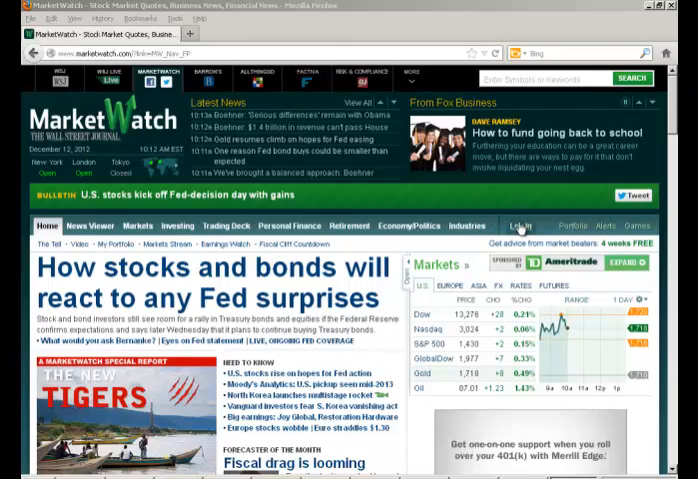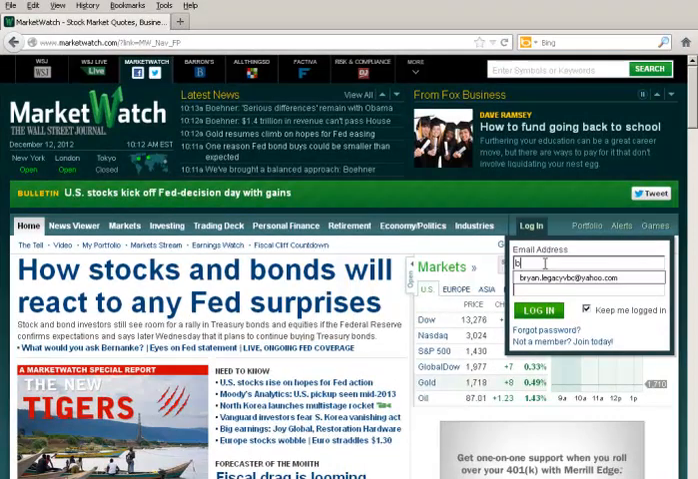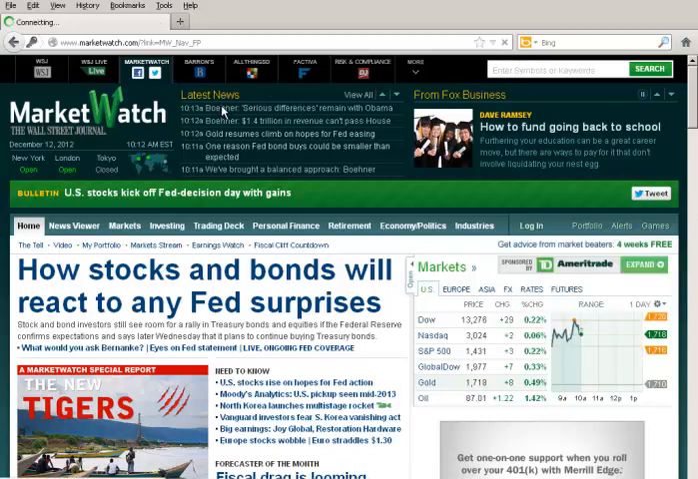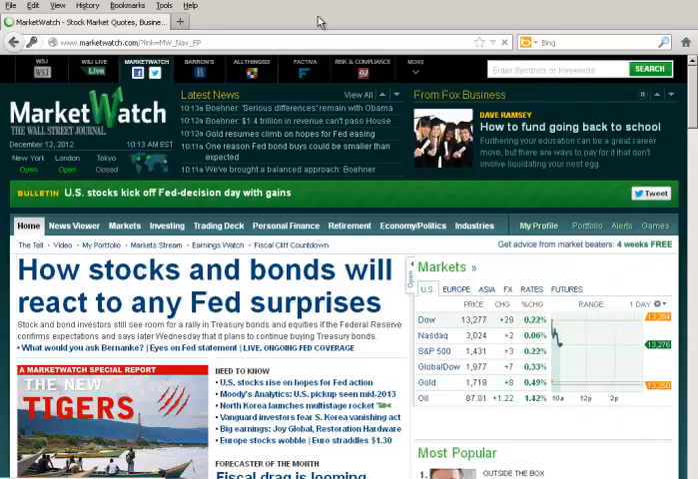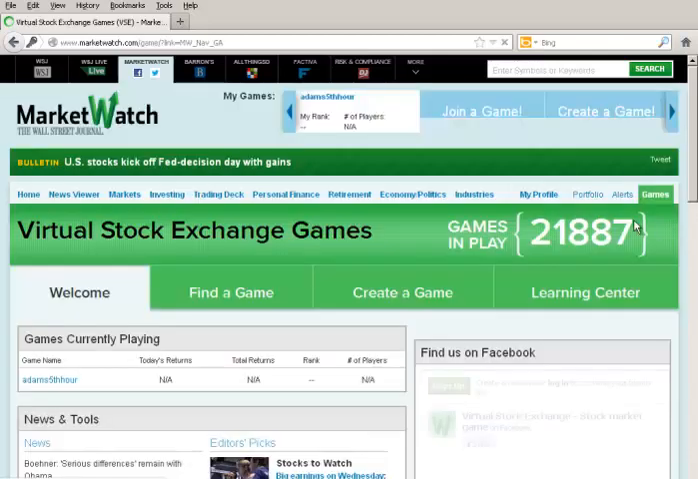www.marketwatch.com, and you're going to click on the login button, and it's going to ask you for your email address and password. So I'm going to enter in my email address and password. All right, so once I'm logged in, I can go to the games button, and I can click